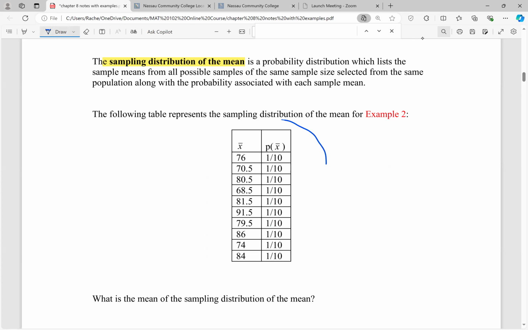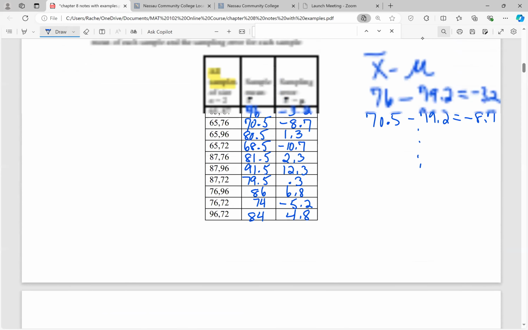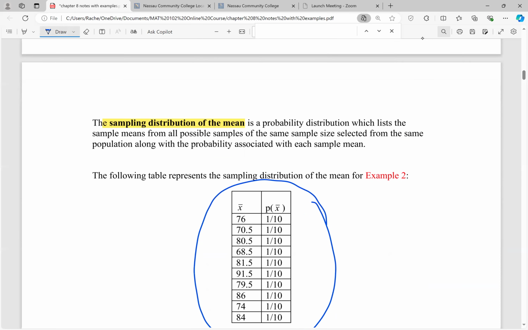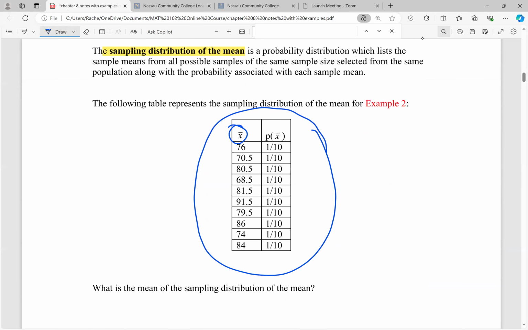So this here that I'm circling, this table in front of you, that's a sampling distribution, which is a probability distribution for the sample means that we listed in example 2. So all these means up here, you see how I listed them again? So here's all my sample means from the above example. I listed them. And then right next to it,